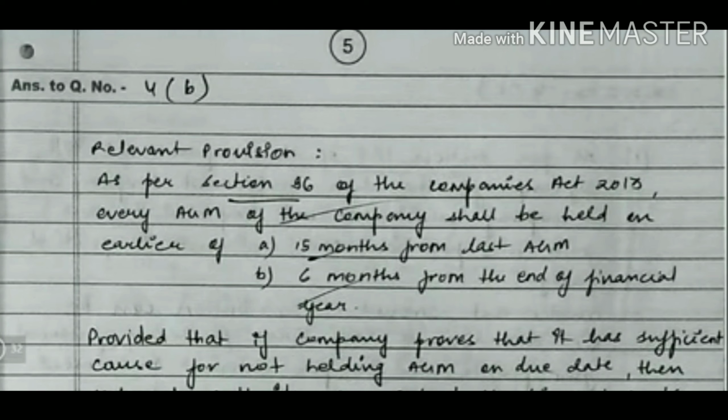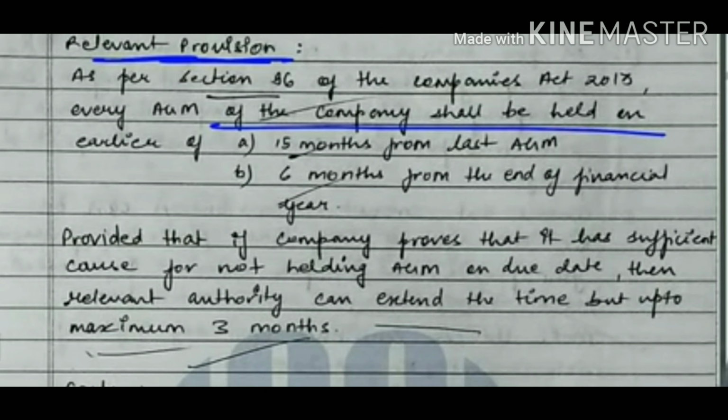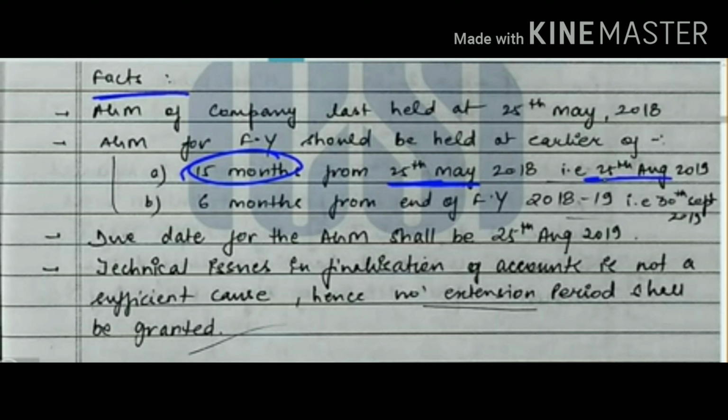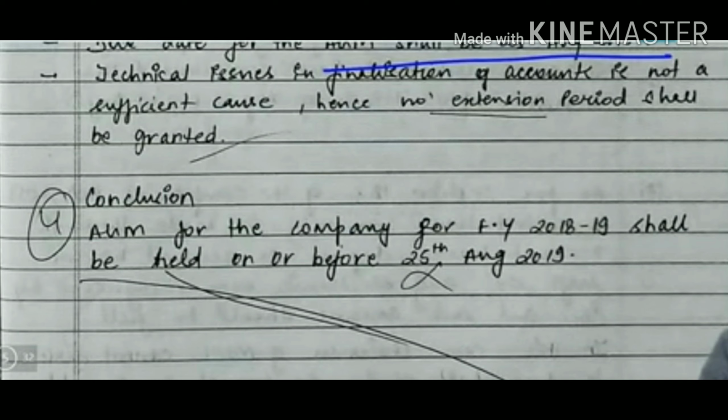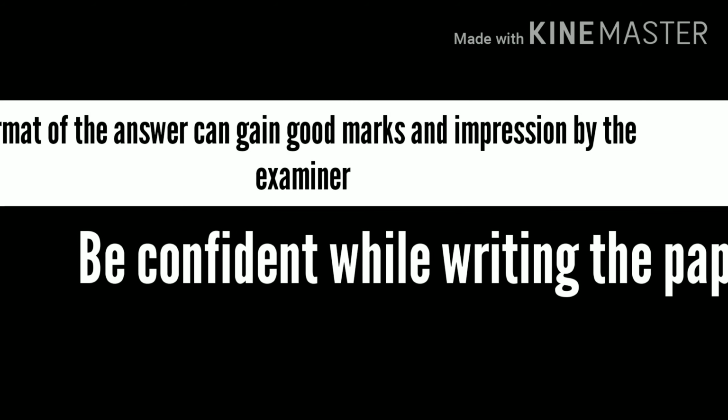And the next example is, for the next case study he first wrote the relevant provisions, which are marked right, followed by the facts of the case. Even if you write the conclusion wrong, and the relevant provision and facts of the case are correct, you'll get the maximum marks and you won't lose many marks, because the format is correct and only in the final conclusion you went wrong. But you know the provisions and you analyzed the facts correctly, so it gives a good impression for the examiner.